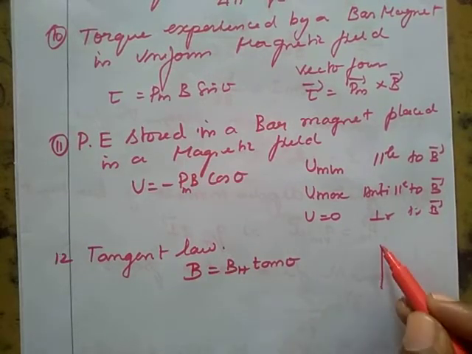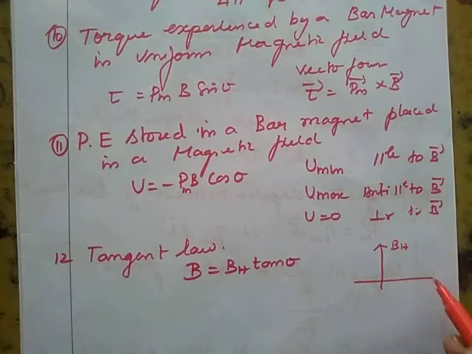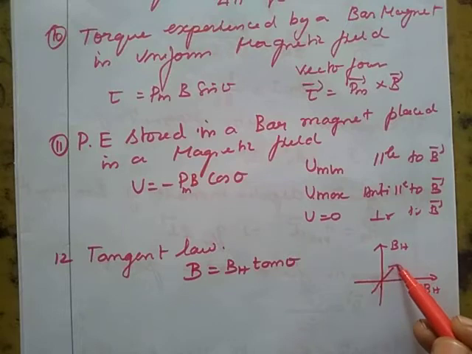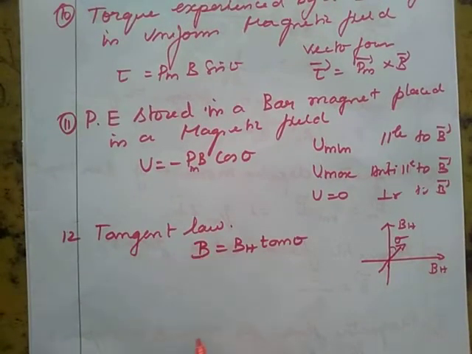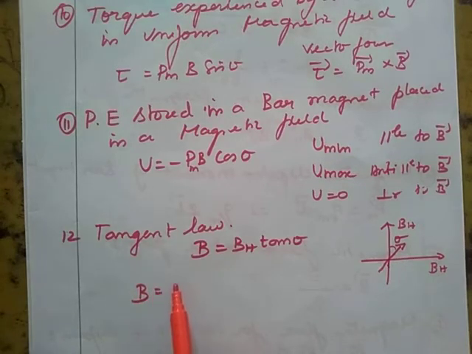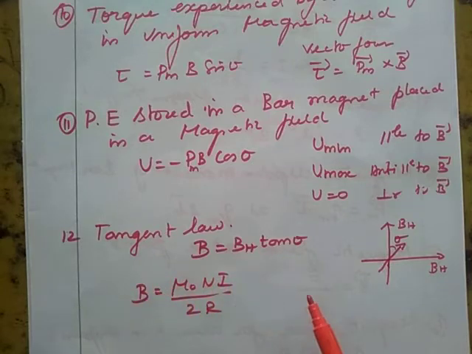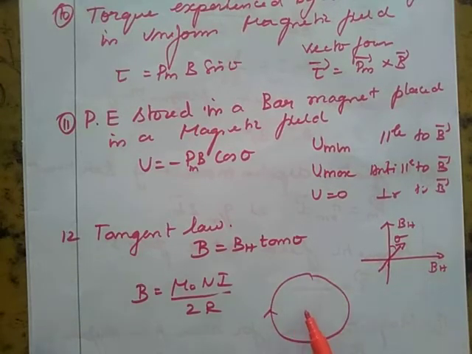Suppose it is a horizontal component of earth's magnetic field, and it is a magnetic field due to the current carrying circular coil at the center. Then the magnetic needle comes to rest in this direction. Then this is the angle theta. Let me see the magnetic field produced by the circular coil in the tangent galvanometer by applying current, that is B is equal to mu naught Ni by 2R. This expression we will see a little later. This is a magnetic field produced due to the circular coil carrying current at its center.